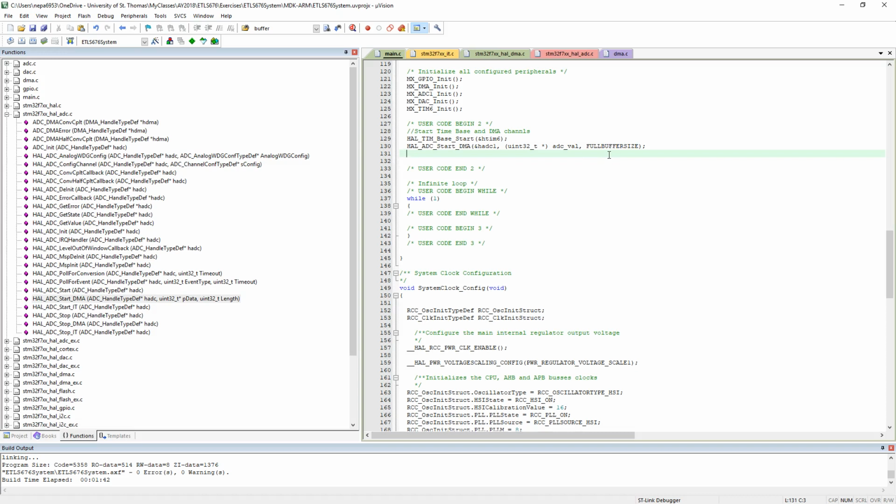So we've initialized or started the ADC based DMA. Now let's do the same thing for the DAC. Start DMA, HAL DAC. Now what does it expect? It expects a channel number. The channel numbers are called DAC_CHANNEL_1, so we're using DAC channel 1. The next parameter it's expecting is